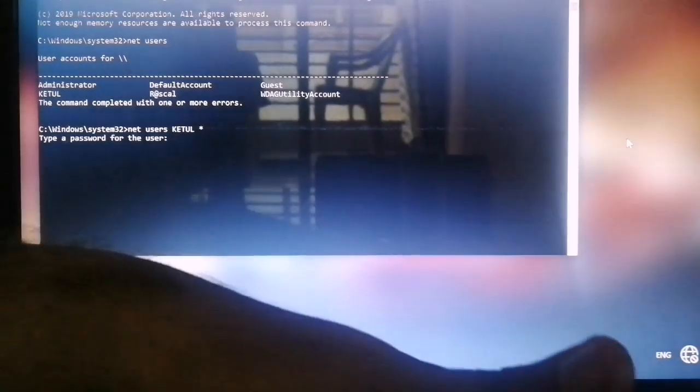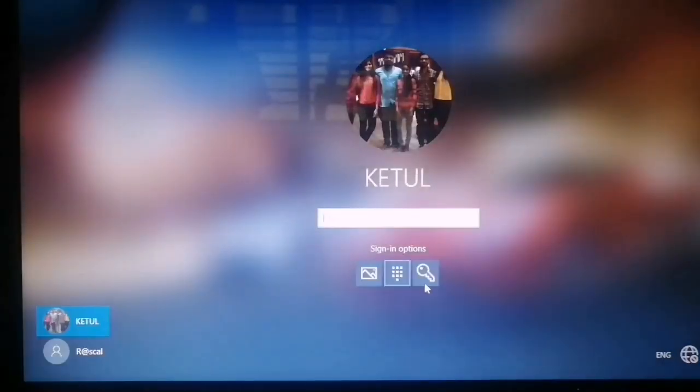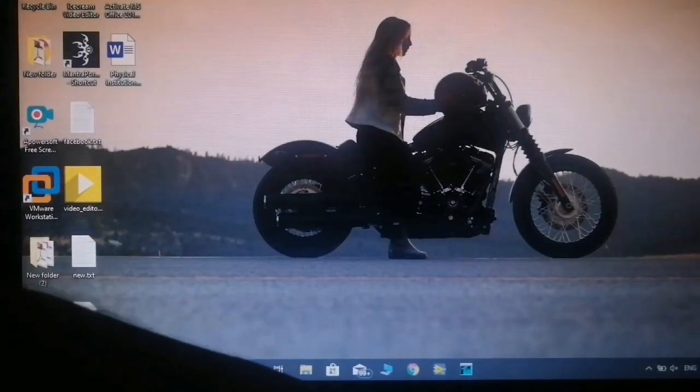You just have to press enter. You just have to type your new password. You can't see the password, you just have to type it 2 times. That's it. Your Windows is unlocked, or you can unlock it with the help of the new password.